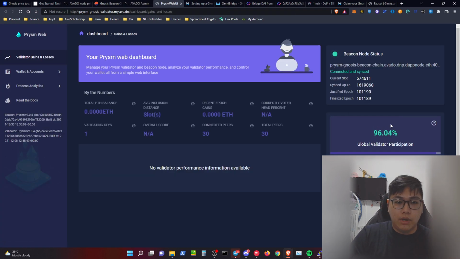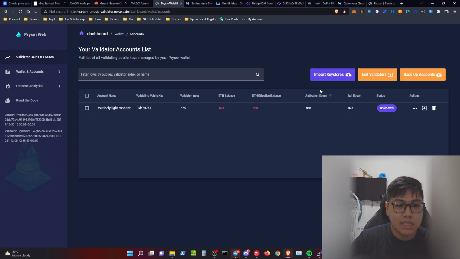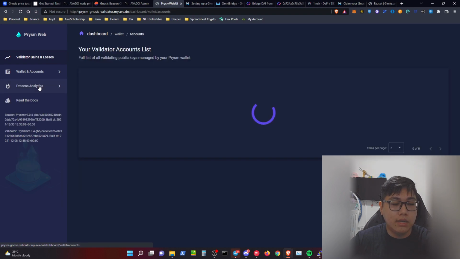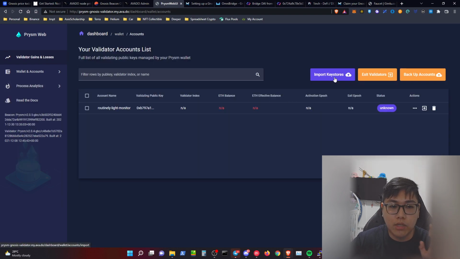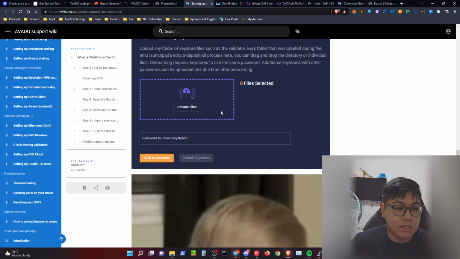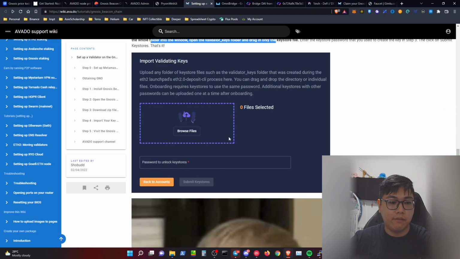Once you have agreed, this is the page itself, and of course on the wallet list you can see all of your validators. What you want to do is head over to the website you will be redirected to. Just click on wallets, and on this account list you will want to import the keystore. So in your case, just click on import keystore, and from there we can read the same thing over here, read it, and after that click on import.